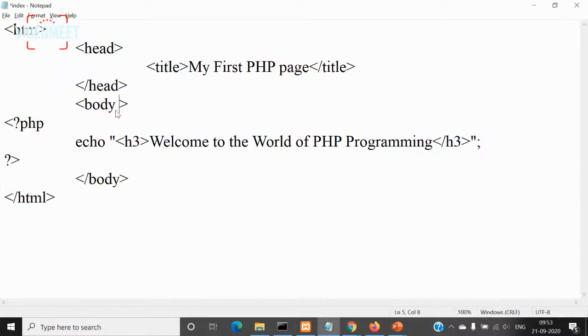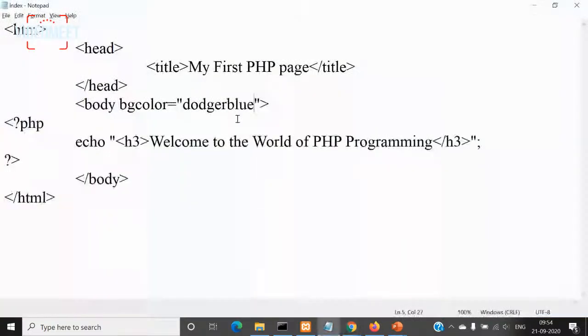You can use background color, page. Okay, and you can write the CSS code also here in the head section. You can use the style tag and create CSS code, create divisions, everything you can do along with PHP